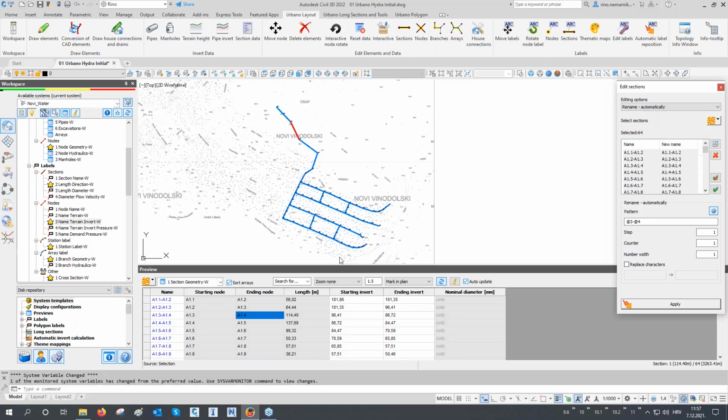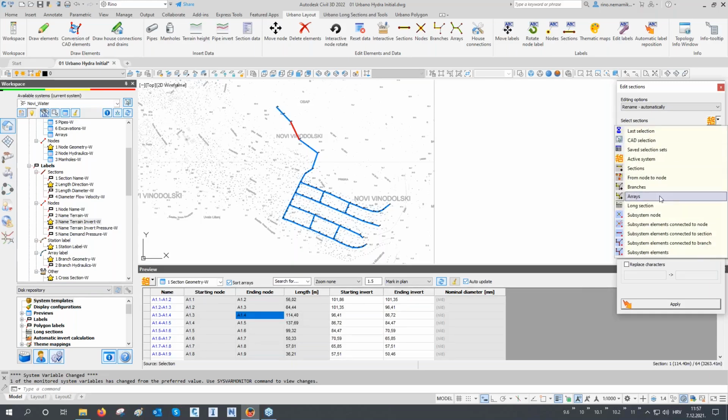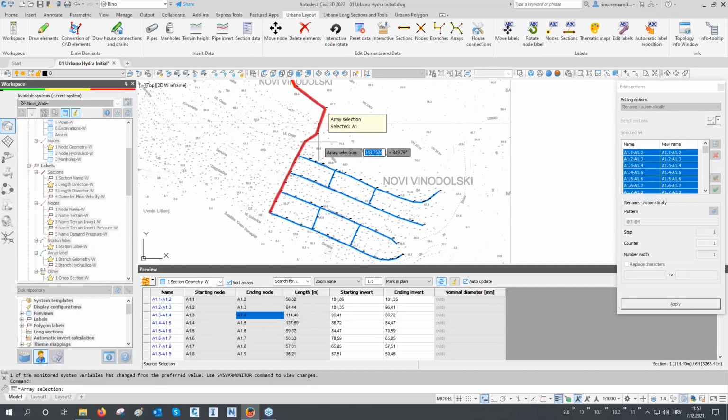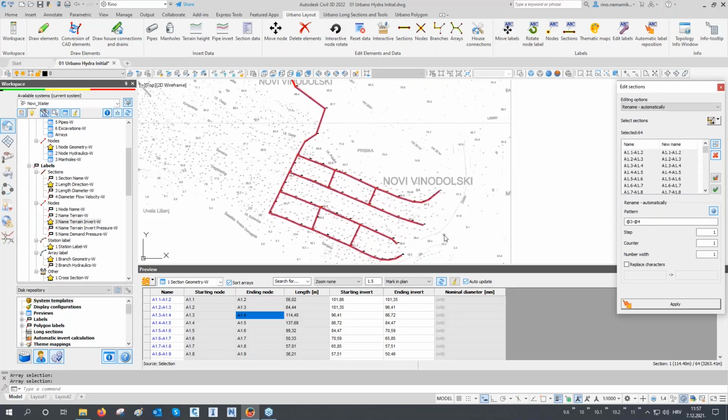But if you want to sort it somehow, you have to use selection options because selection options are sorted. So let's say I will select this one, then the 4 horizontal ones, and then 4 vertical ones. So this will be the selection order. And for the prefix, I will put S like section. And for the suffix, I will put counter, which is monkey 5. As you can see here, monkey 5 is counter. Okay, let's click apply. And now you see it's from S1 to